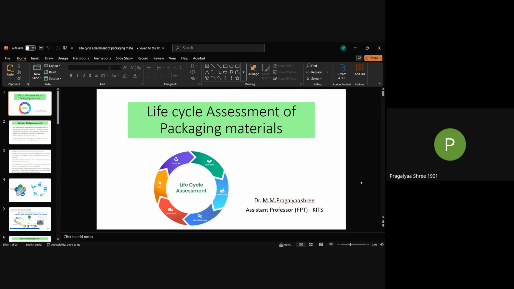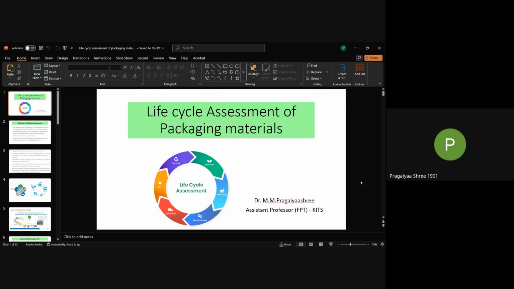Good morning to all. In this class we are going to study the life cycle assessment of packaging material. You all know very well how packaging materials are manufactured and what materials are used for packaging. Once the packaging material is ready, it goes for containment of food products. Once the food is contained in this, the next step is it moves to the consumer point. The consumer uses them, and then discards the packaging material. So this life cycle assessment